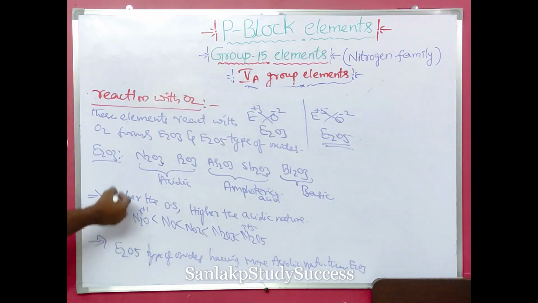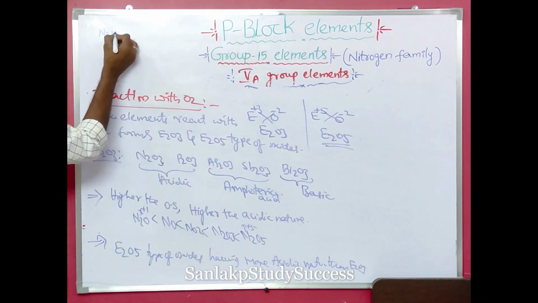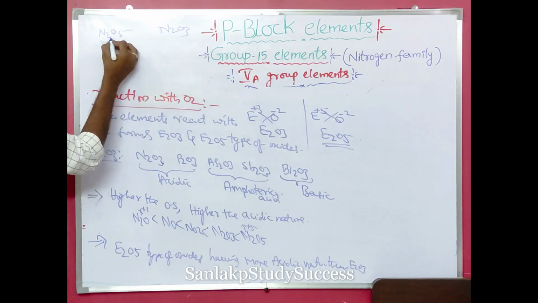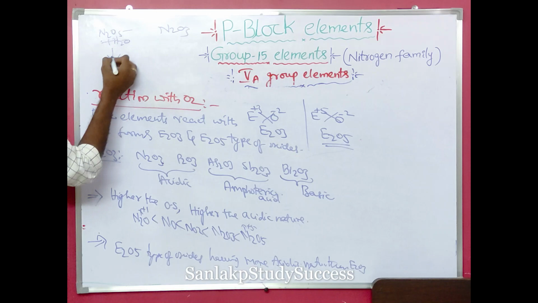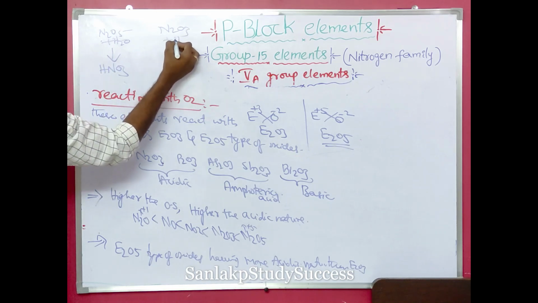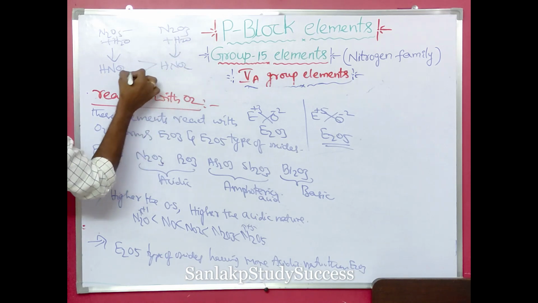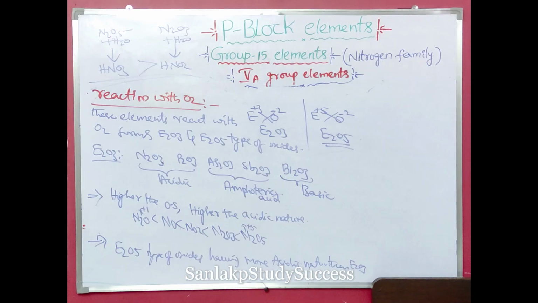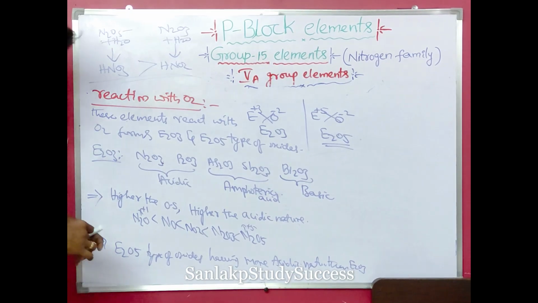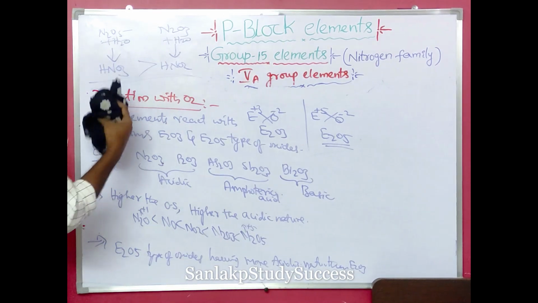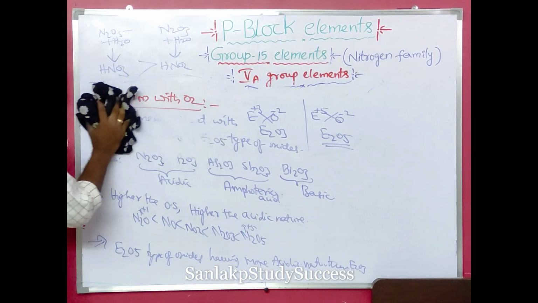If we take N2O5 and N2O3, the E2O5 when dissolved in water gives HNO3, and N2O3 gives HNO2. In these two acids, which is the stronger acid? HNO3 is the stronger acid than HNO2. This is the reactivity towards oxygen. Now I am going to explain about